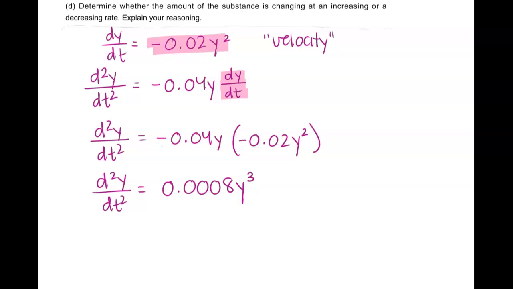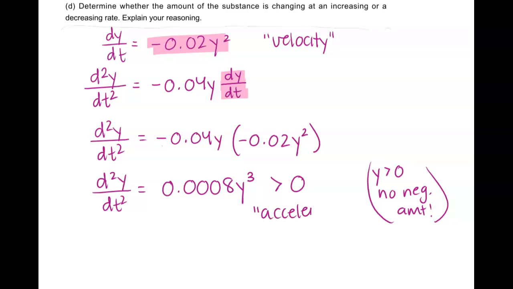So this value is always going to be greater than 0. The reason is because y has to be greater than 0, because you can't have a negative amount of something. Okay? So if our second derivative is always greater than 0, which is essentially our acceleration,